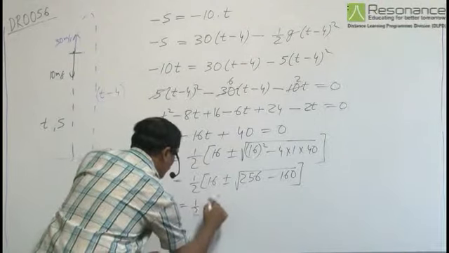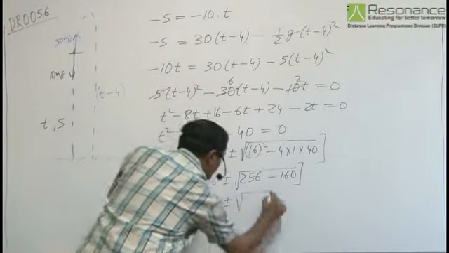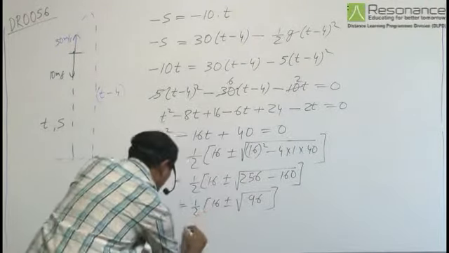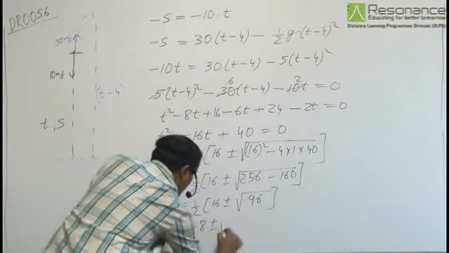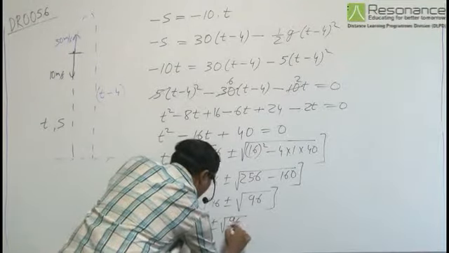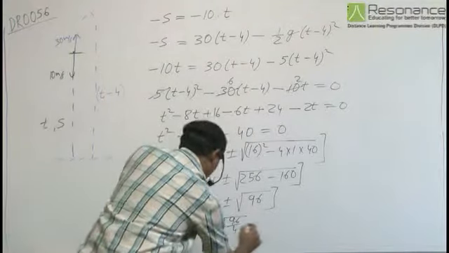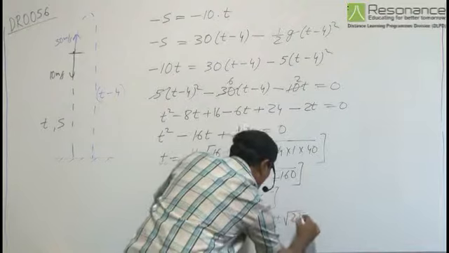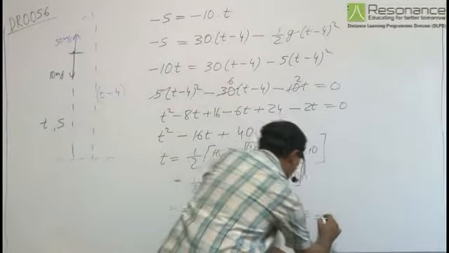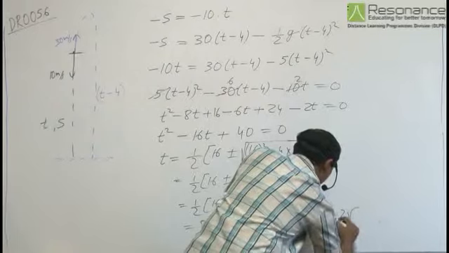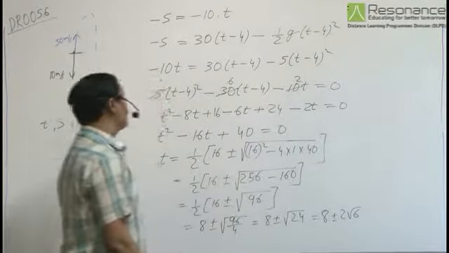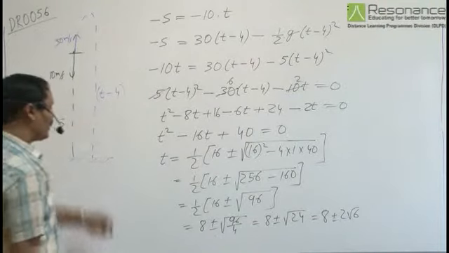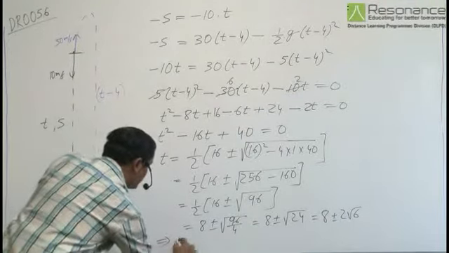So it is equal to half of 16 plus minus root 96, or 8 plus minus root 96 by 4, that is 8 plus minus root 24, that is equal to 8 plus minus 2 root 6. And as the time has to be greater than 4 seconds,